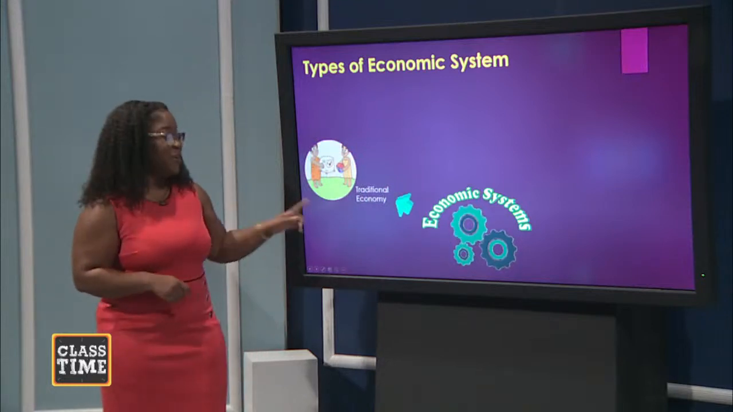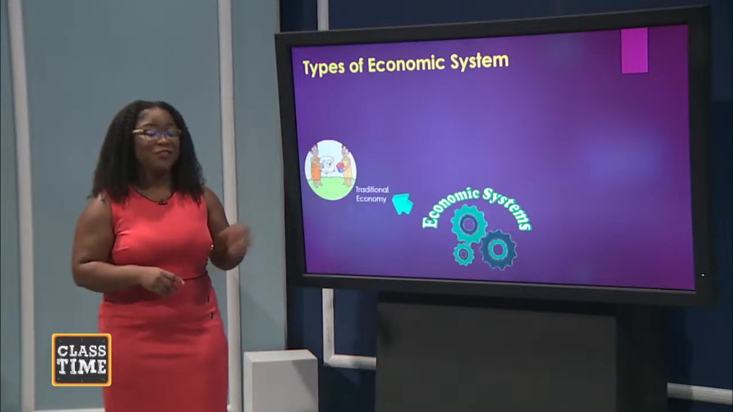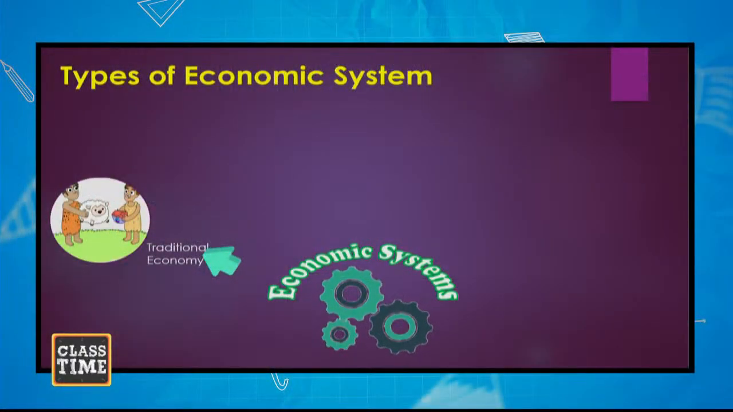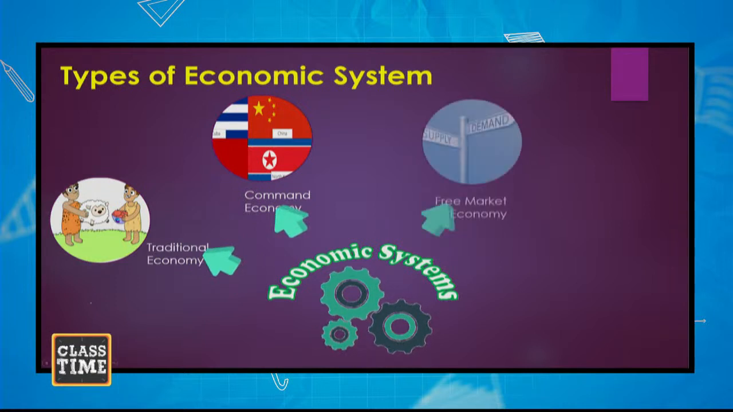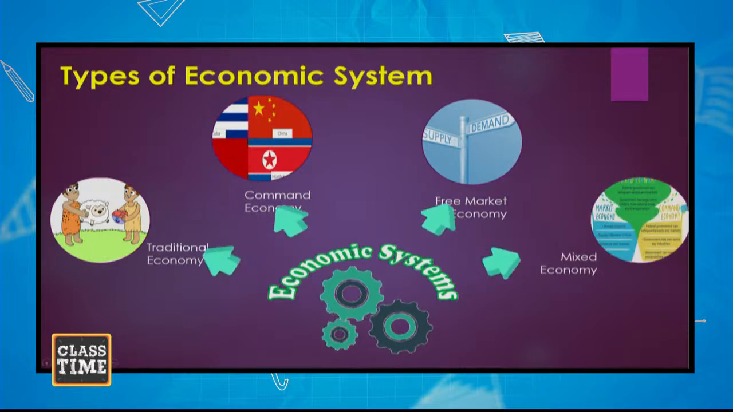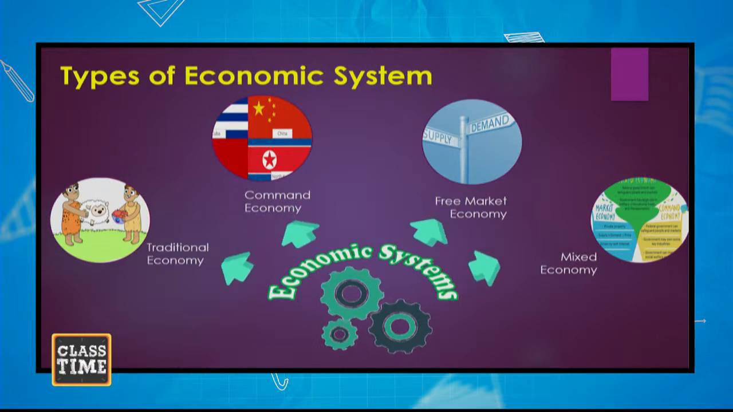So first, the first economic system we have here is the traditional economic system. And if you were listening last week, you would have heard us describing the subsistence economy, and it's the same economic system, the traditional economy. Then we have our command economy. We're going to explore that as well. From there, we will move over to our free market economy. And then we'll establish the concept of the mixed economy,